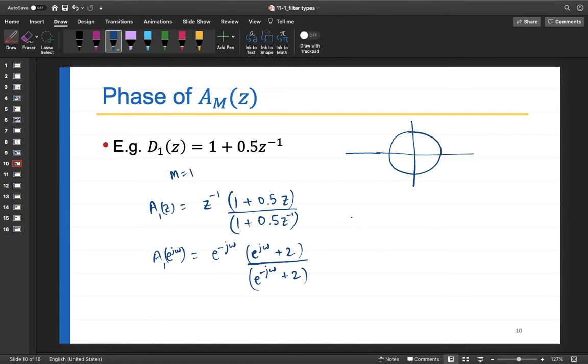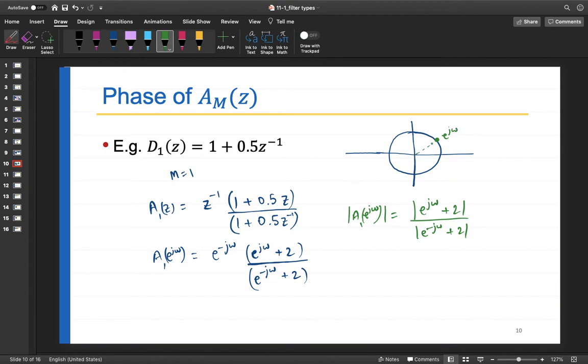So basically my magnitude of A(e^{jω}) is simply, the first term is 1 because of e^{-jω}. The magnitude will be e^{jω} + 2 divided by e^{-jω} + 2. So this term is the distance of the point e^{jω}